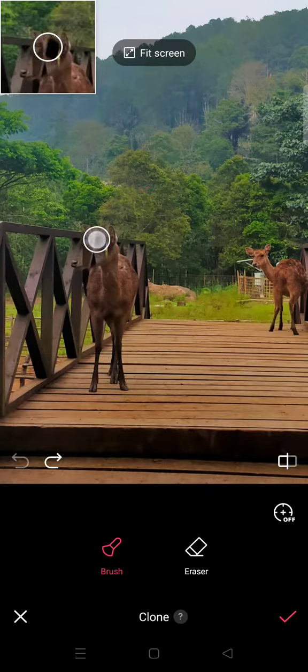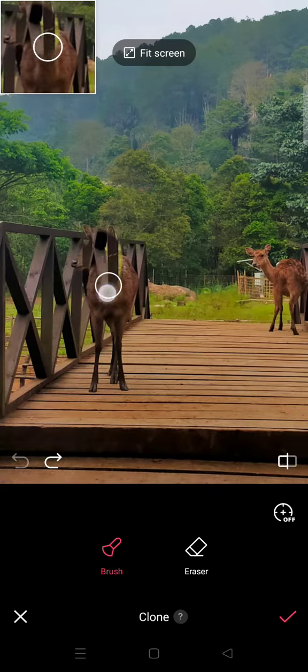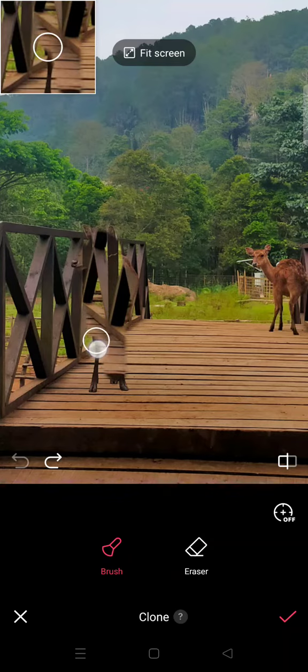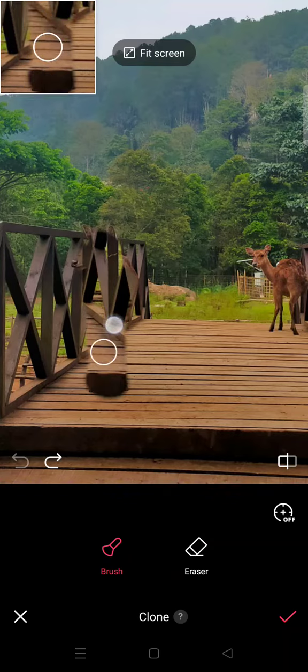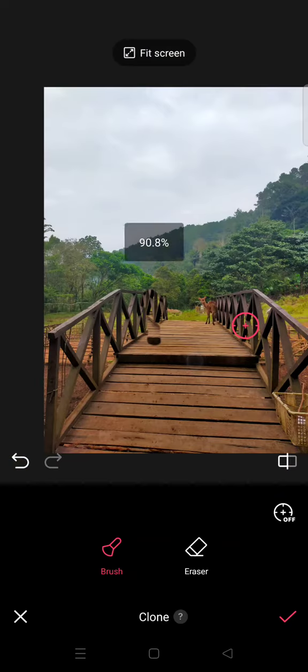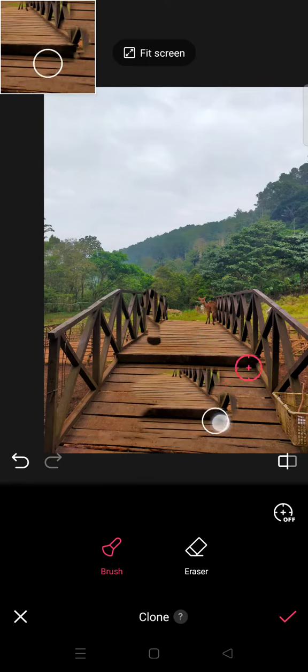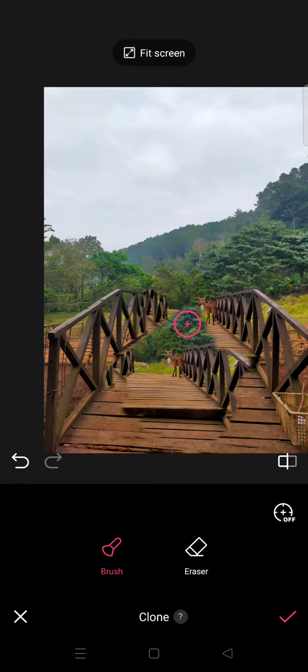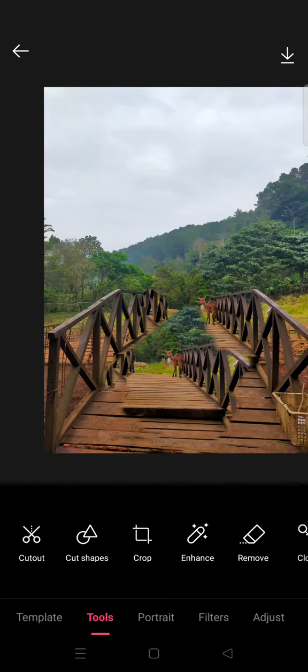And here, for example, I want to just clone the deer. You can just go like this, and then you can put it somewhere else like this. Okay guys, so that is how you can clone anything